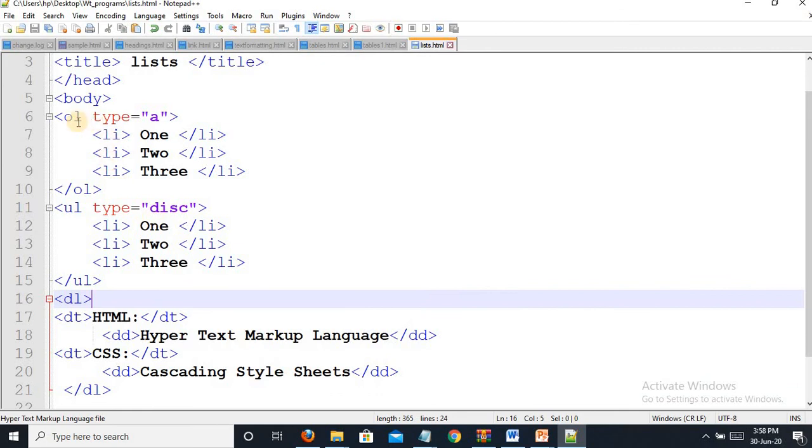See here, for the ordered list I had taken type is equal to A. If you had not given any type, by default it will start from 1, 2, 3, 4. Similarly for UL I had given type is equal to disc. Disc is also the default type. You can give it or you cannot. Next I had taken one definition term as HTML and I had defined it as hypertext markup language.